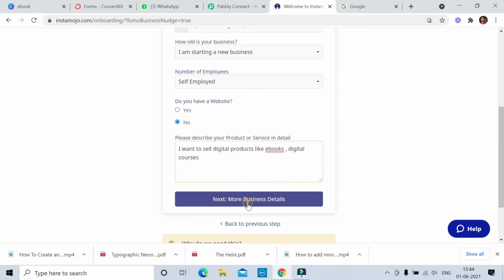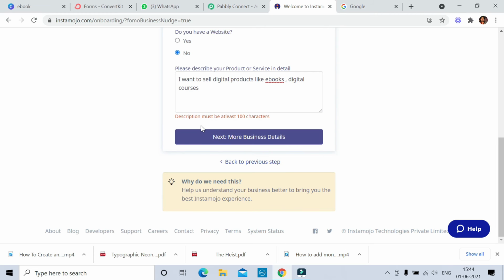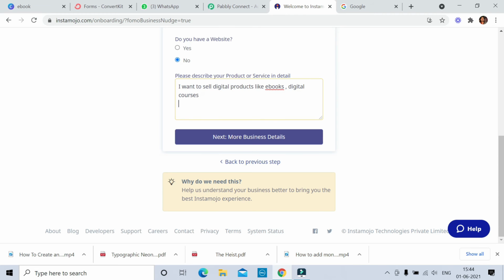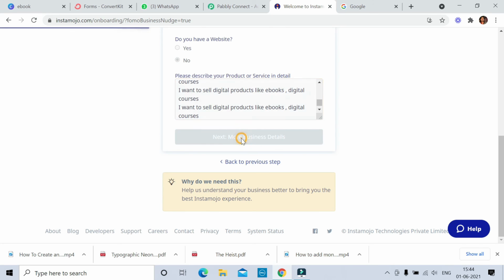Okay, in this way you just go ahead. Now the description must be at least 100 characters. Okay, I will copy this, but you should write in detail. This is just for demo purposes.